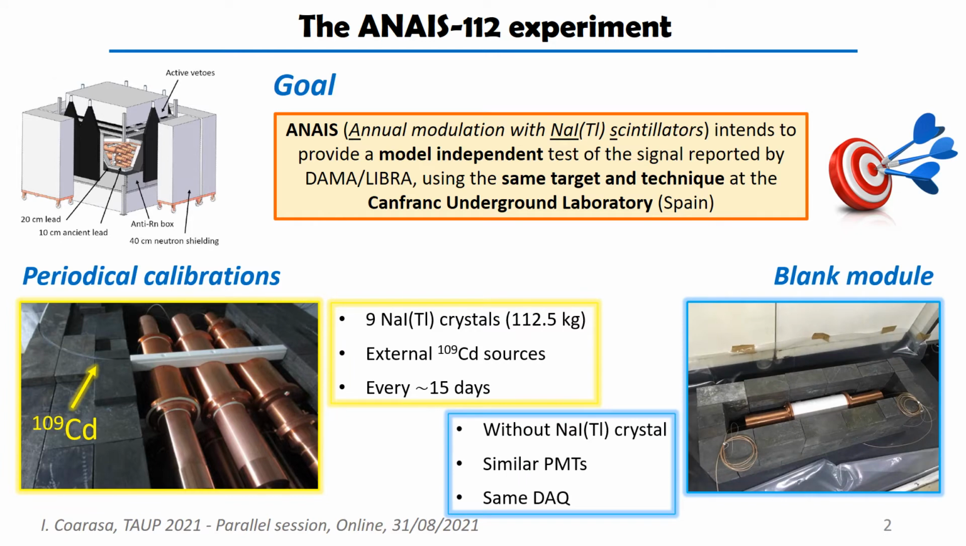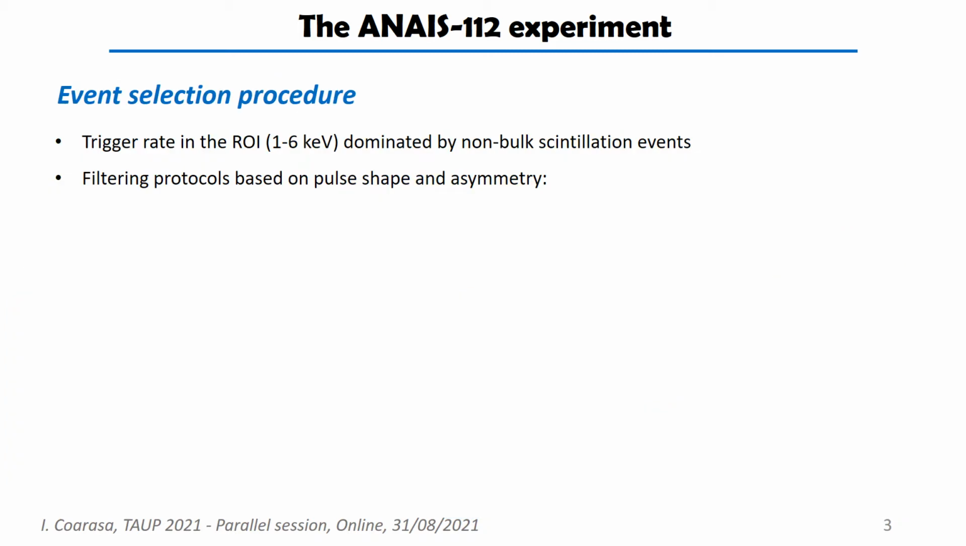Inside the ANAIS hat, a module similar to those of ANAIS was installed but without a sodium iodide crystal. This blank module is coupled to 2 PMTs identical to those used in ANAIS-112 modules and is integrated in the ANAIS-112 DAQ system. Its main goal is to study the different non-bulk event populations that have their origin in the photomultiplier. And it is that the trigger rate in the region of interest from 1 to 6 keV is dominated by non-bulk